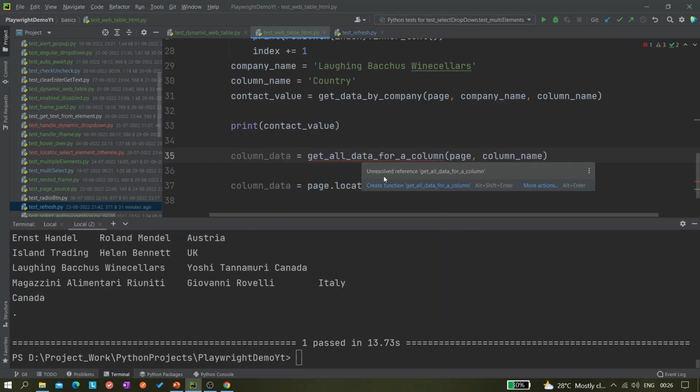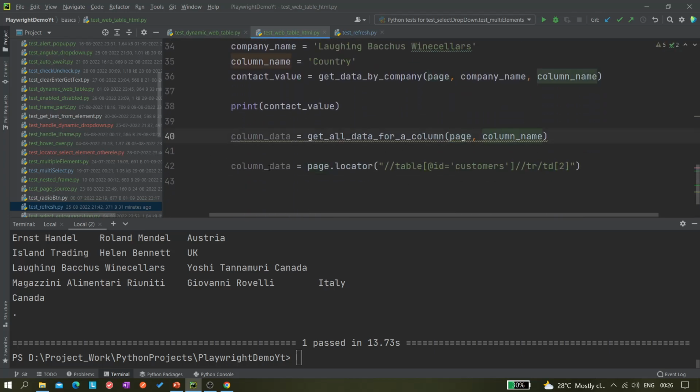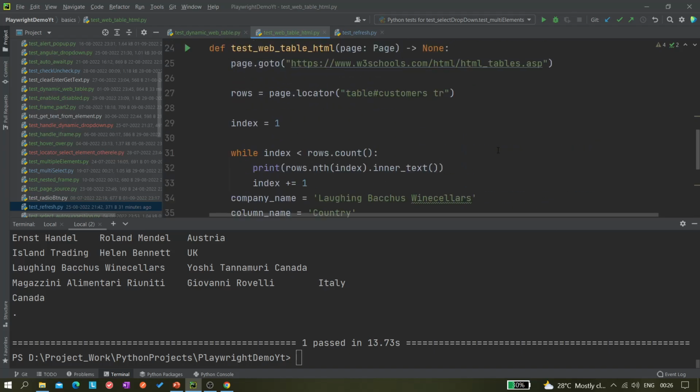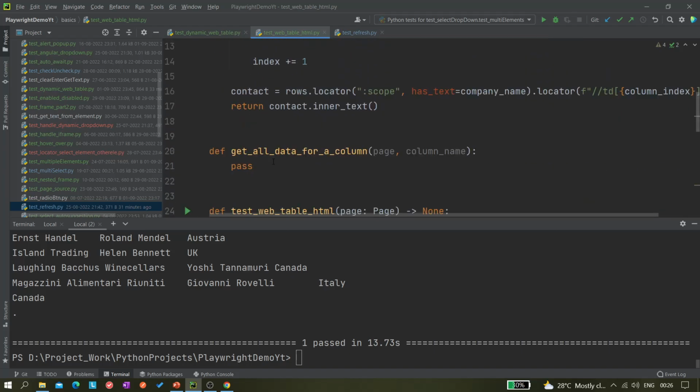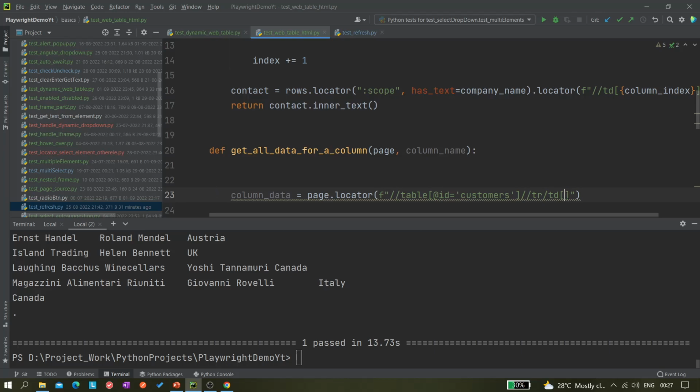Now let's create this method. Okay, and here this code should go here, and we need to dynamically get this data ID, I mean this index 2, that should be dynamically coming. So what we can do, we can again format it, and we can give something like this,